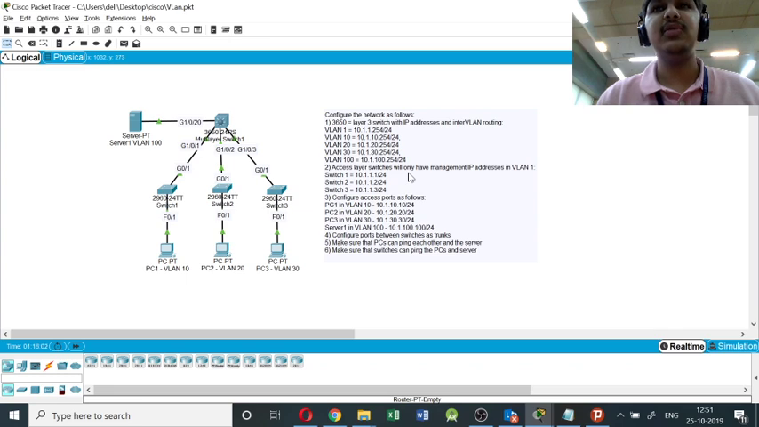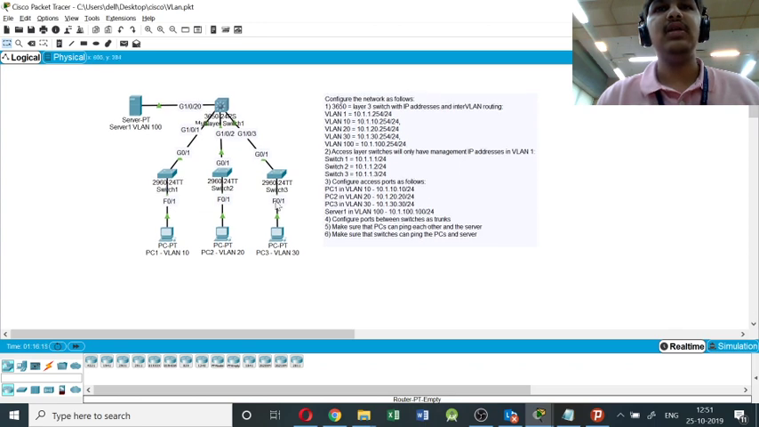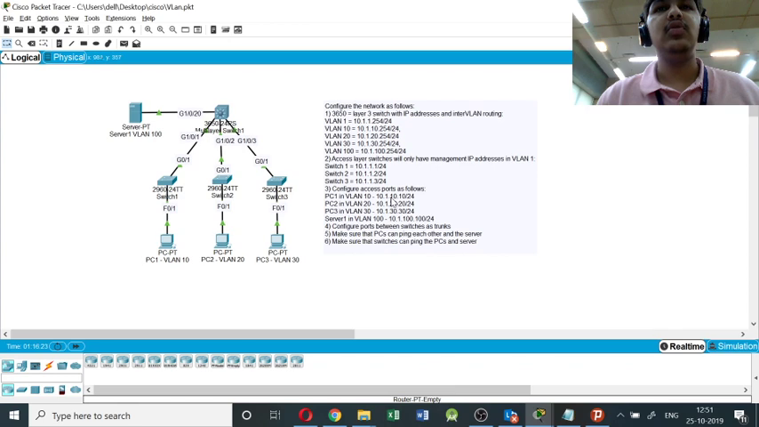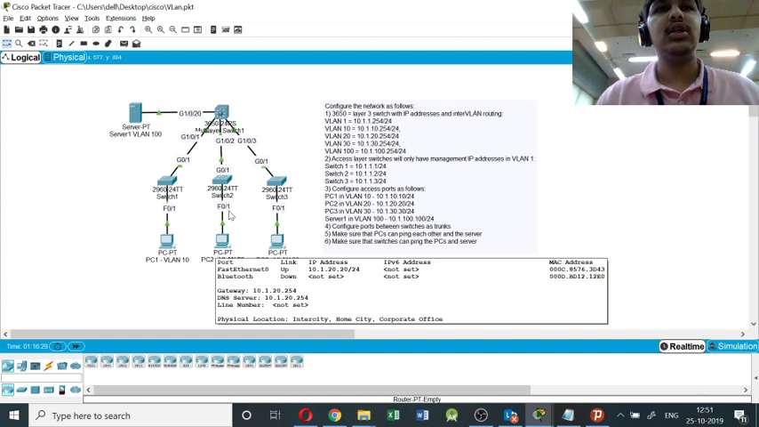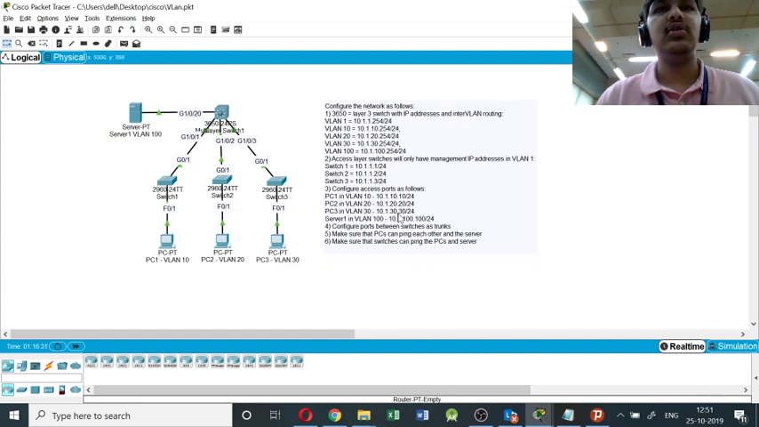After that, the access layer switches will only have management IP addresses in VLAN 1, and they have been assigned the IP addresses 10.1.1.1, 10.1.1.2 and 10.1.1.3 respectively. And finally, all the access ports, the PCs or the end devices, have been assigned the IP addresses 10.1.10.10, which is connected to switch 1, 10.1.20.20, which is connected to switch 2, and 10.1.30.30, which is connected